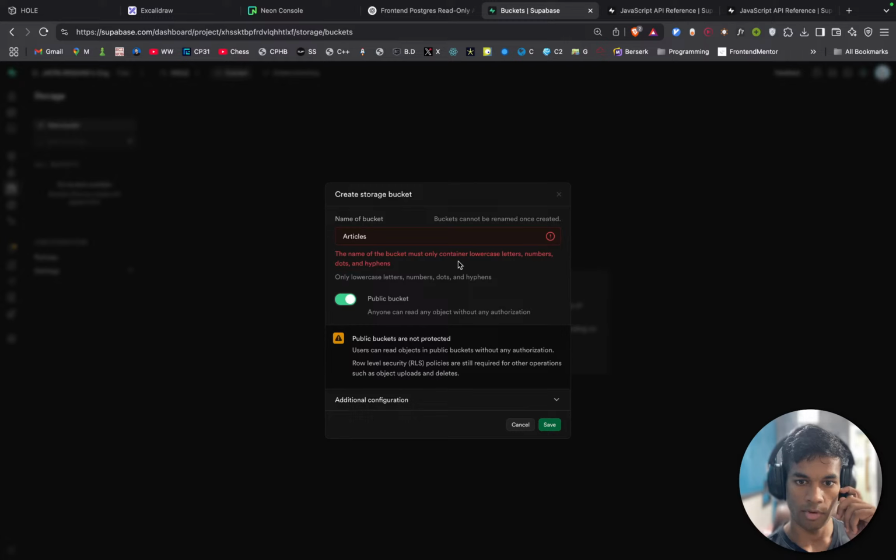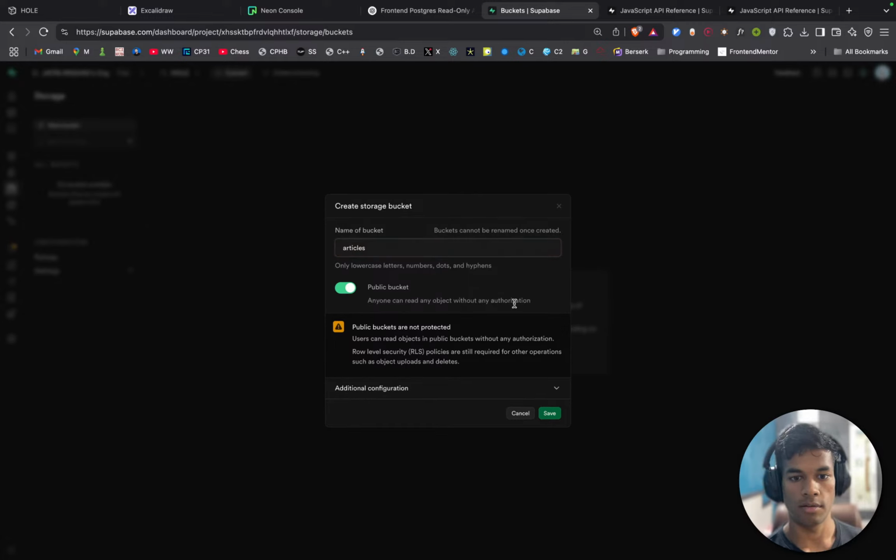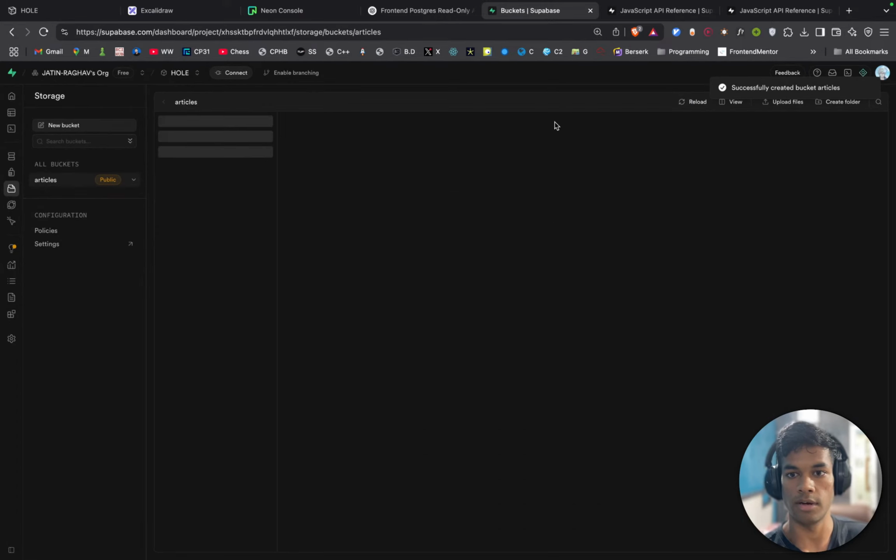The name of the bucket must only contain lowercase letters. Okay. Articles. Public buckets are not protected. Users can read objects in public buckets without any authentication. Row level security RLS policies are still required for other operations such as object upload or delete. Yes, that is cool. I have created a bucket now.